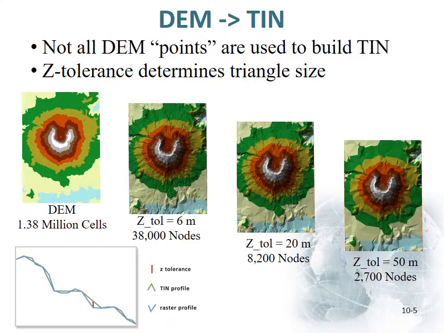So here, using that same example, let's look at Mount St. Helens as a DEM, creating tins off of it. Original DEM, 1.38 million cells. The Z tolerance of 6 meters generates 38,000 nodes. The Z tolerance of 20 meters generates 8,200 nodes, or connections between different edges that are the points. The Z tolerance of 50 meters, 2,700 nodes. So